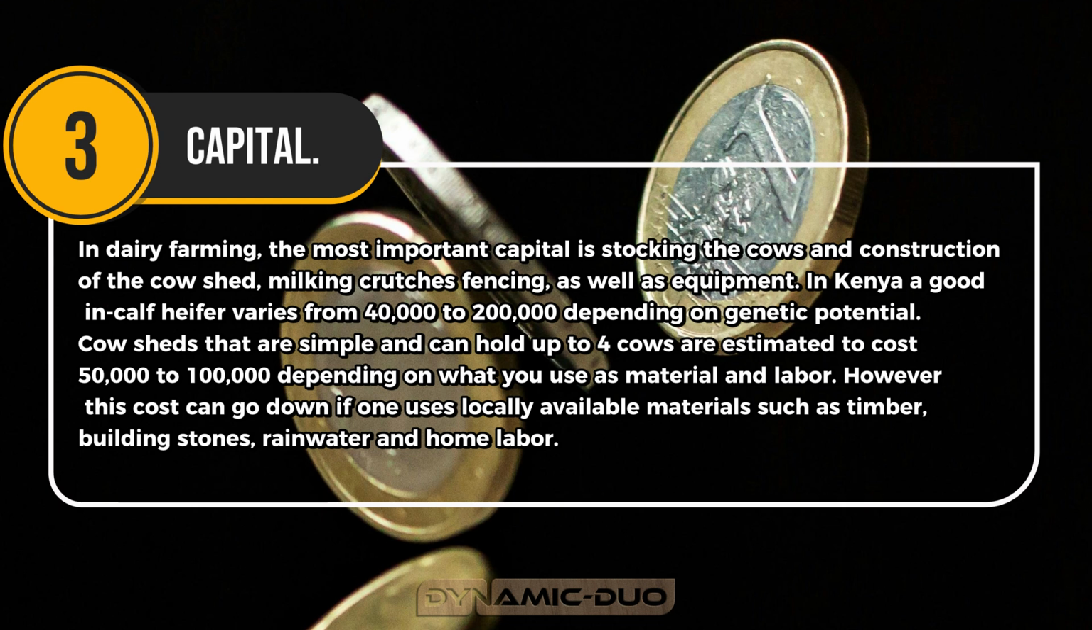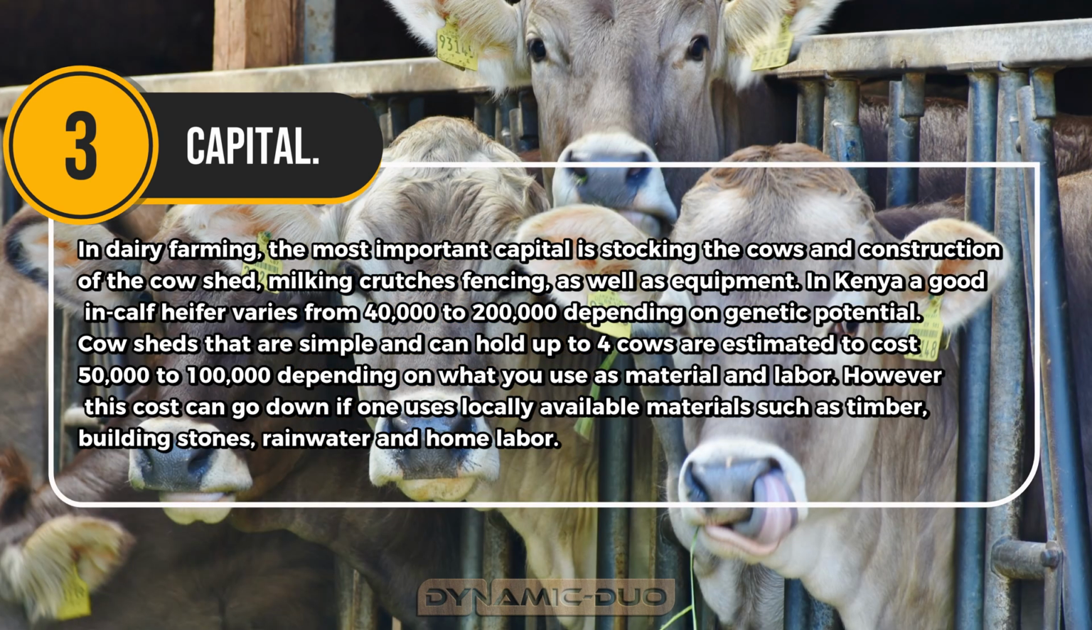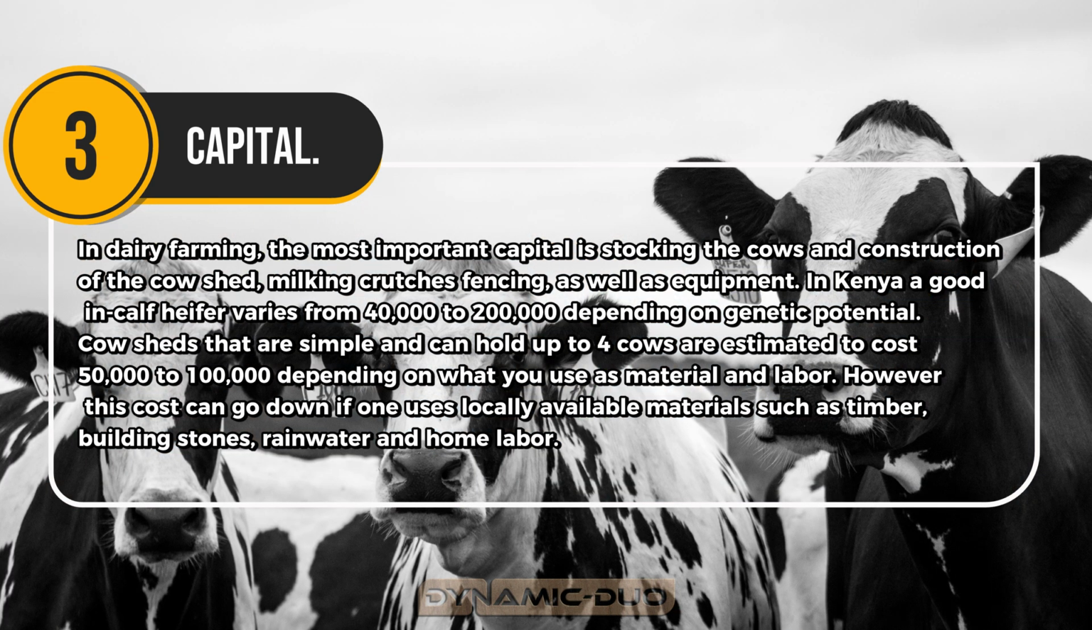In Kenya, a good in-calf heifer varies from 40,000 to 200,000 depending on genetic potential. Cow sheds that are simple and can hold up to 4 cows are estimated to cost 50,000 to 100,000 depending on what you use as material and labor. However, this cost can go down if one uses locally available materials such as timber, building stones, rainwater and home